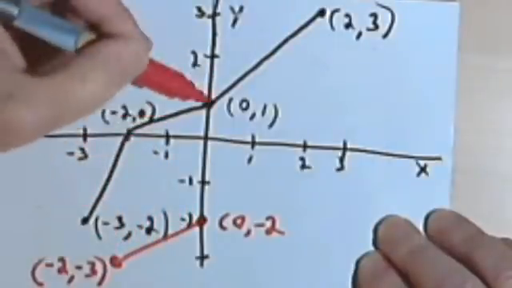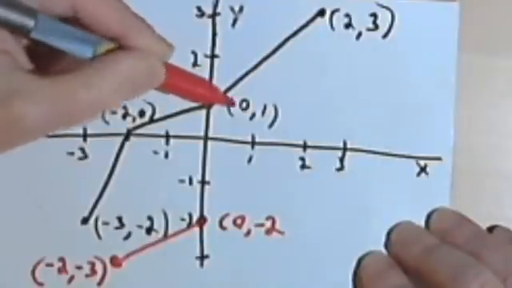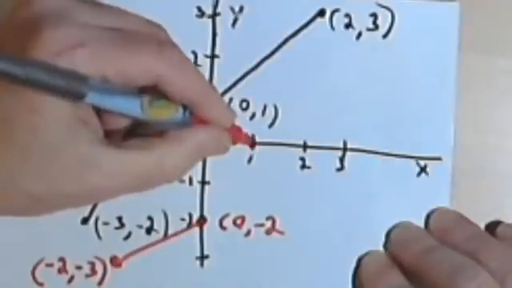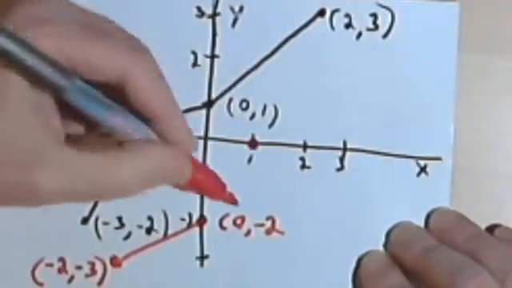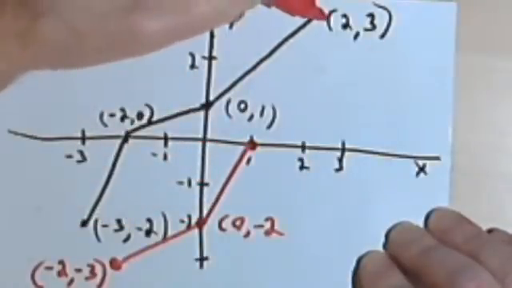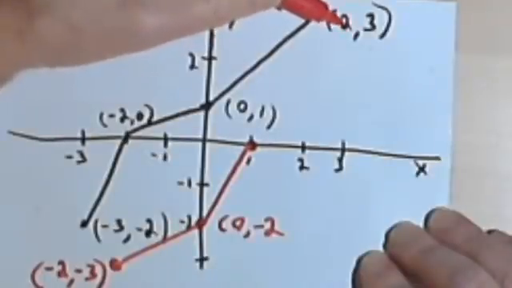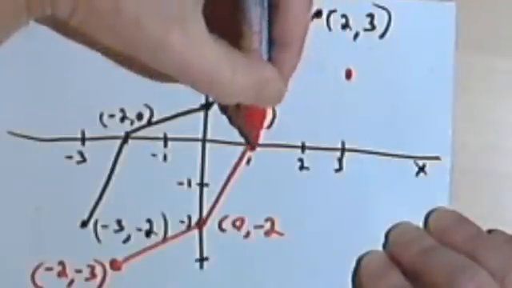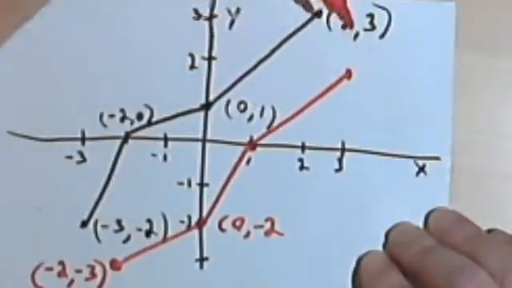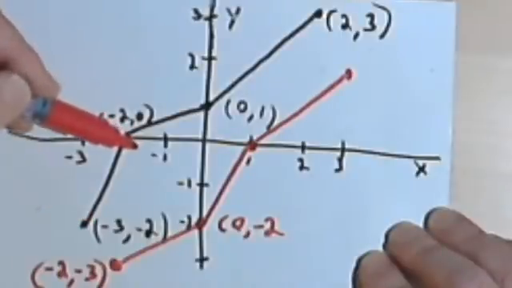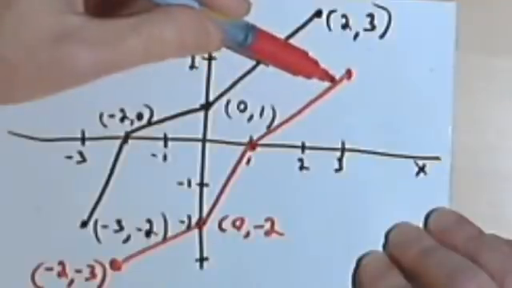And now going on, I've got this point here in the original function 0, 1. So I want 1, 0. That's going to be right here on the horizontal axis. So I'll connect this line further. And then I go up to 2, 3, which means I want 3, 2. So here's 3 and 2. So I'll go off like this. Okay, so the black line, once again, is the original function, and the red line is the inverse of that